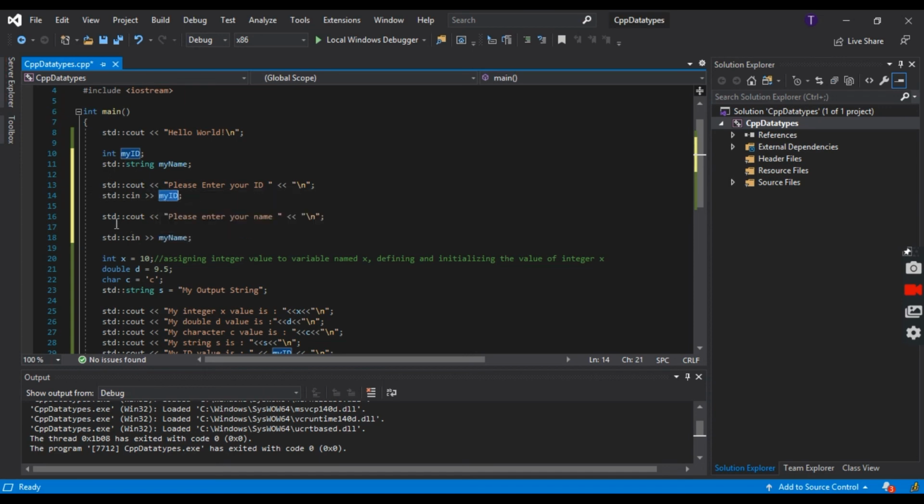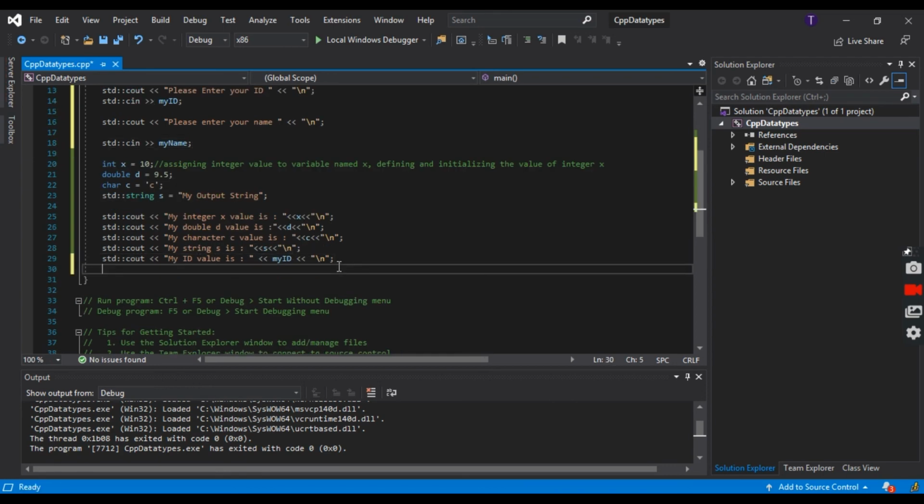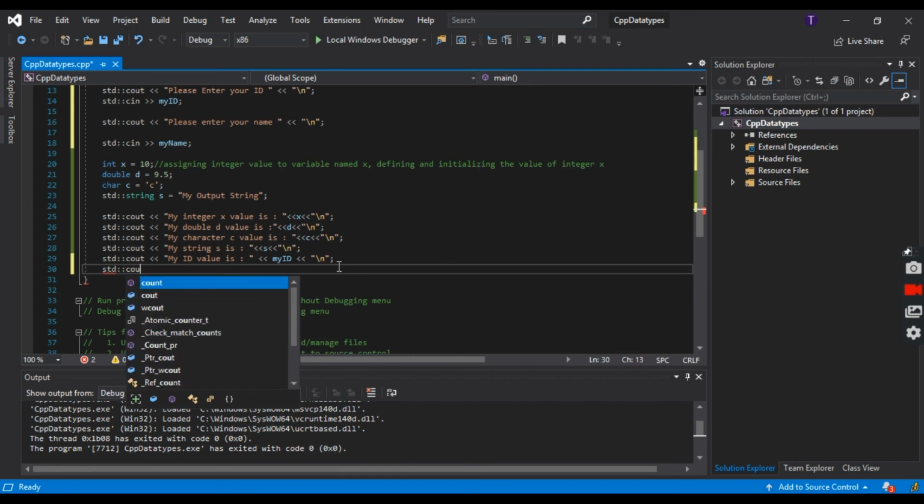After this, we are immediately printing, please enter your name. This message is printed using cout, so it prompts the user to enter his name, and then we are expecting him to enter a string value. That value will be stored in myName. And now after this, we can print this string value as well, so we will print cout,